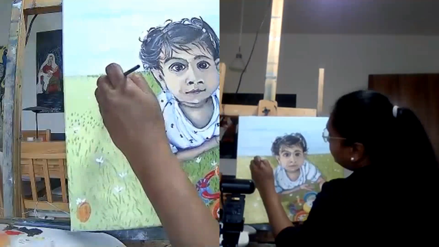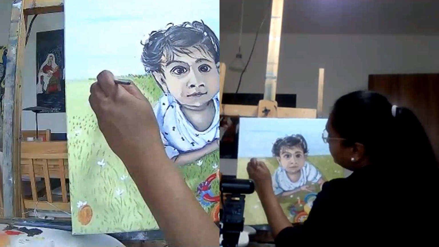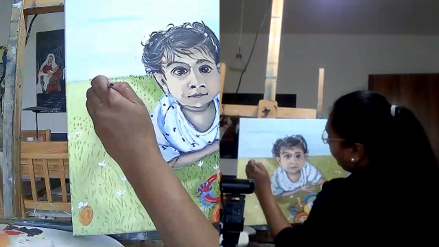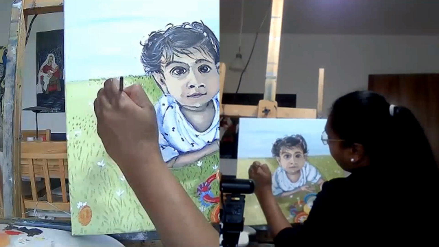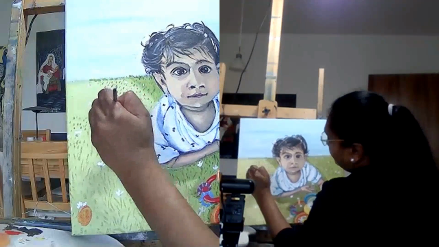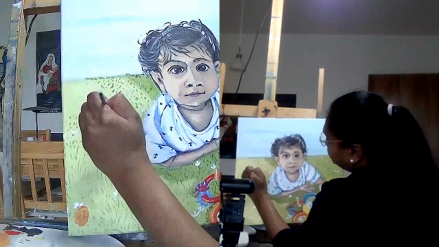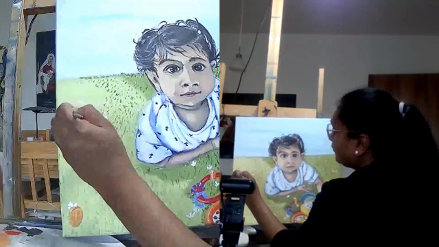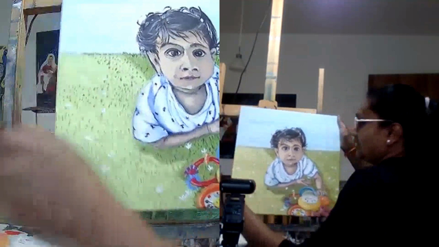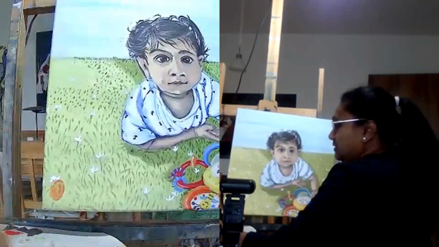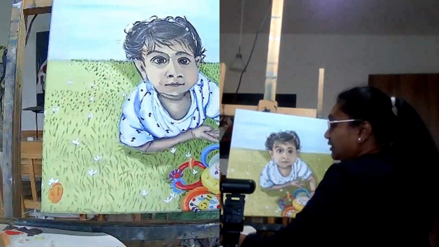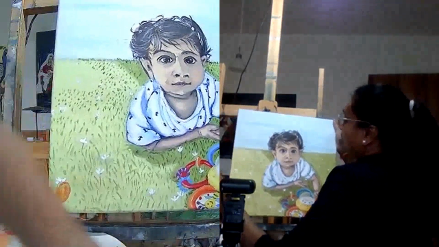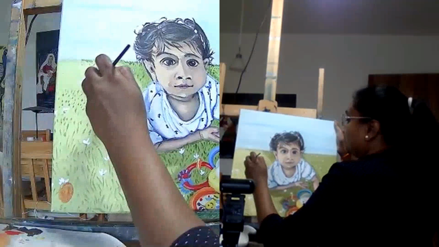So I'm still sustaining with the same brush without changing much. Yes, it gets patchy. So move over to the palette or cleaning cloth, whatever.